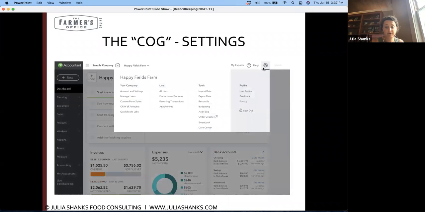So when you open up the cog, you'll see the account and settings, and this is helpful because you can get to your chart of accounts from here. Also, if you need to turn on classes, we're going to talk about classes next time, but I just want you to know that in the account and settings, this is where you can switch between accrual and cash. This is where you can turn on classes if you have classes. If you want to add me as an accountant to help you with your QuickBooks, you can do that under Manage